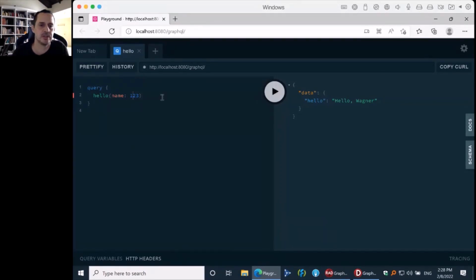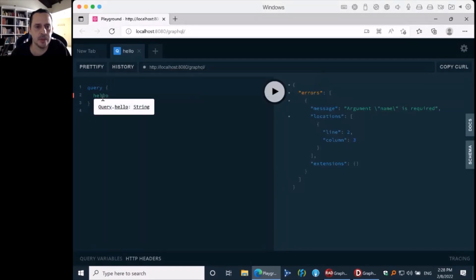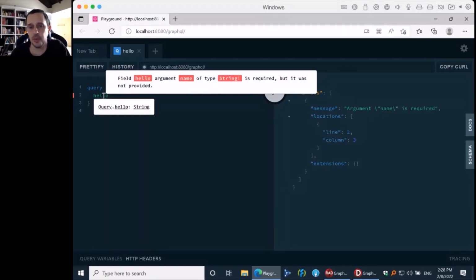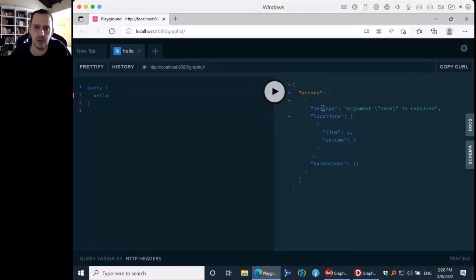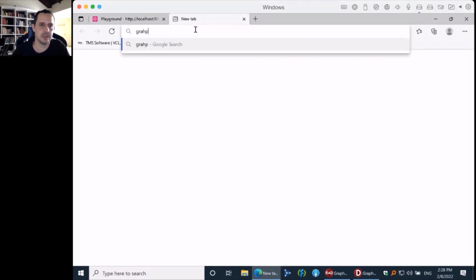Okay, so you have all this, and if I try to execute without the parameter, which is required, you have the client side error: field hello argument name of type string is required. But if you still hit the server, you also have that information that argument name is required, and the error is on line 2, column 3. Okay, so this is all. Let me open here for you.